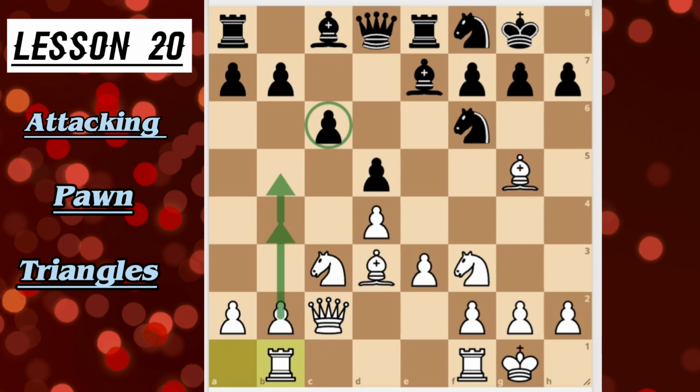What is the idea behind? When you go with your pawn to b5, the idea is to capture the pawn, and if black captures, then this pawn would be weak. It will not be supported by the b7 pawn anymore, and then we can create an attack on that pawn and win it. If, for example, when we play b5, black would take us, it means that they would have another weak pawn, but now on d5. So that's why after rook b1,